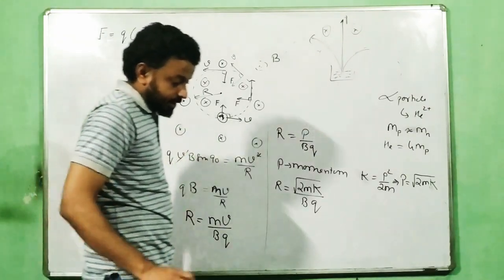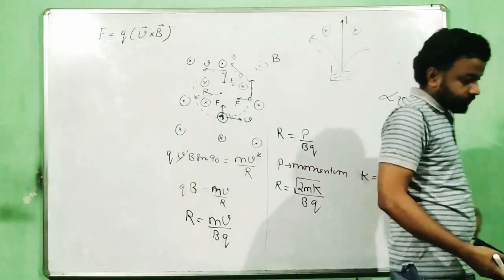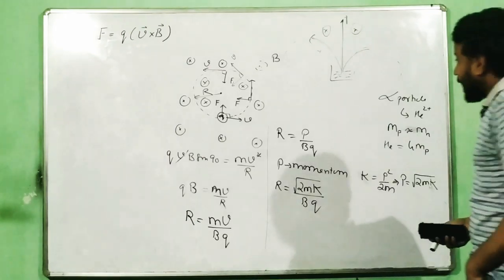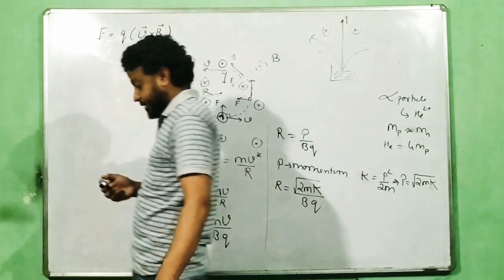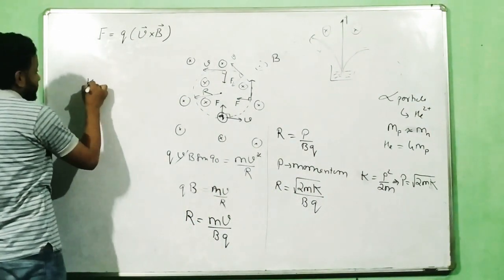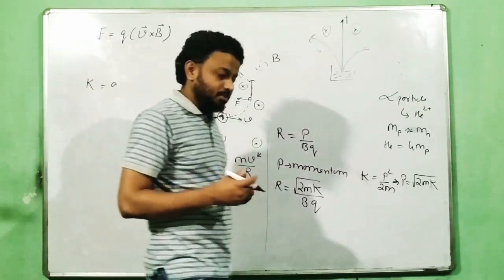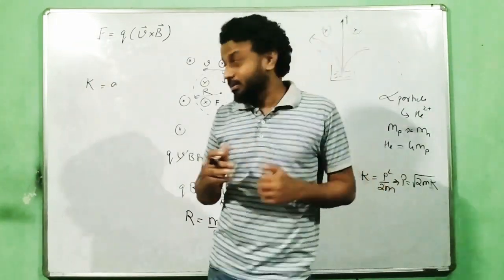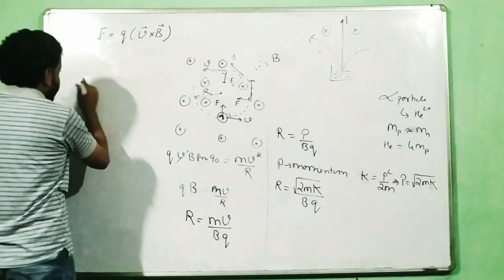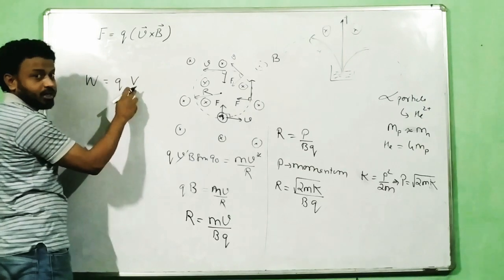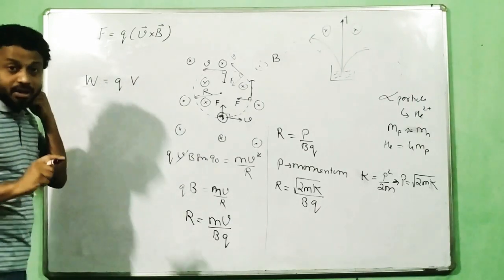So we can answer this for kinetic energy also. Kinetic energy you can write as, if you remember the work principle, work done. Remember work done: two things. Work done is equal to q times the change in potential. Remember this formula from electrostatics. And now you apply the work energy theorem.